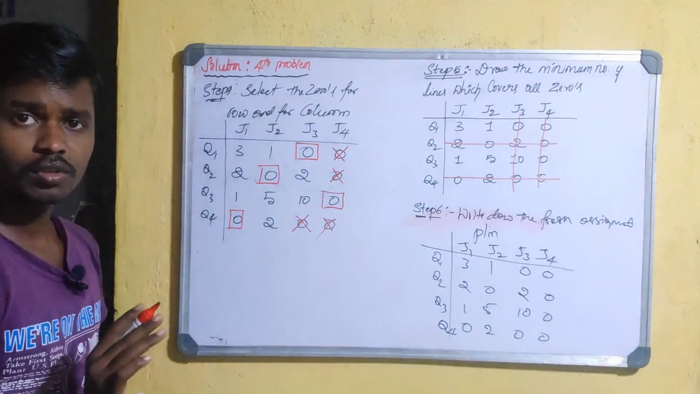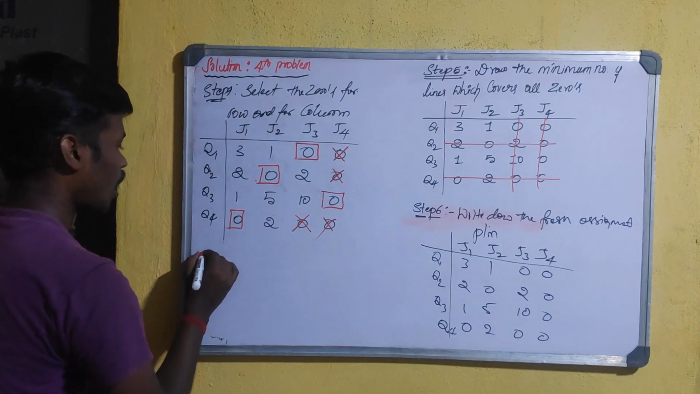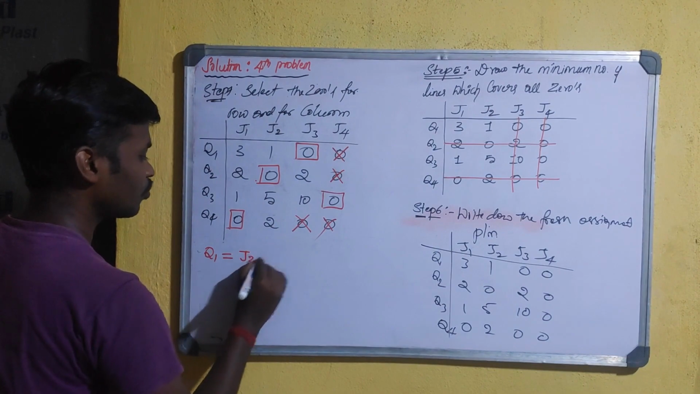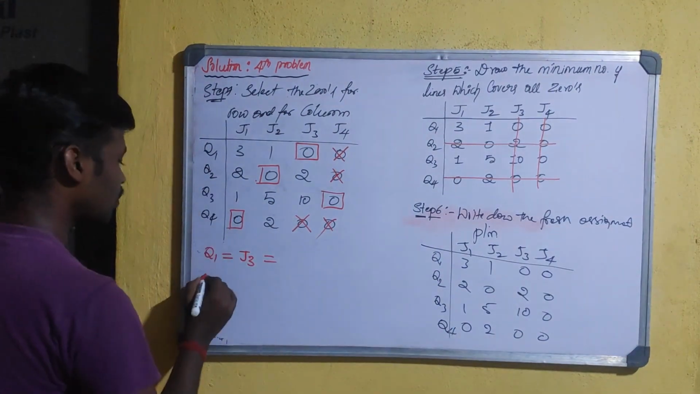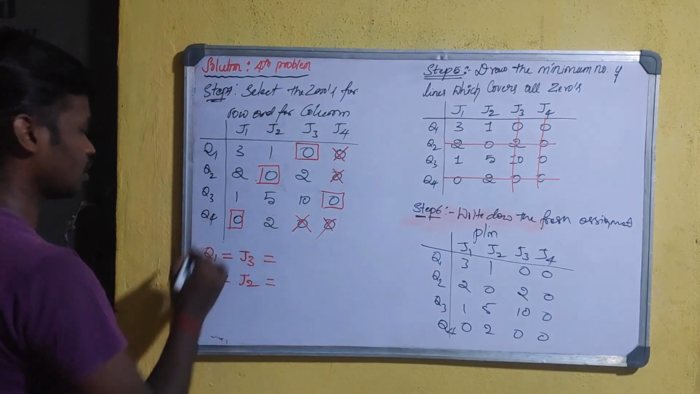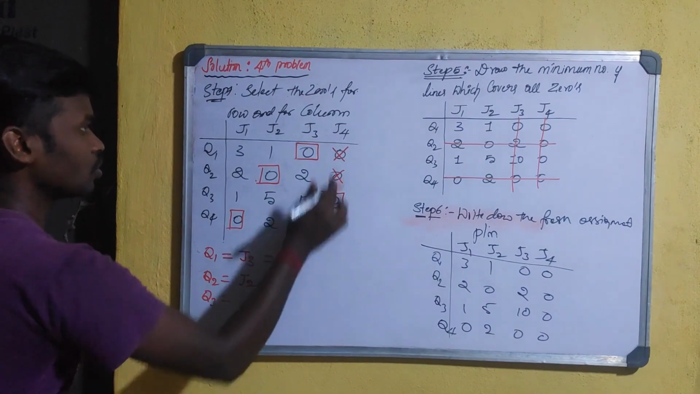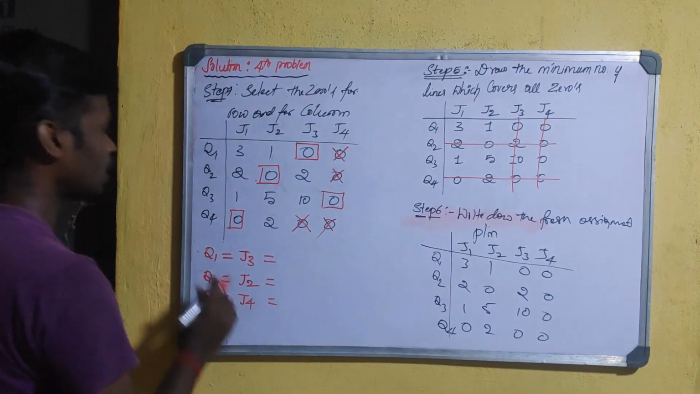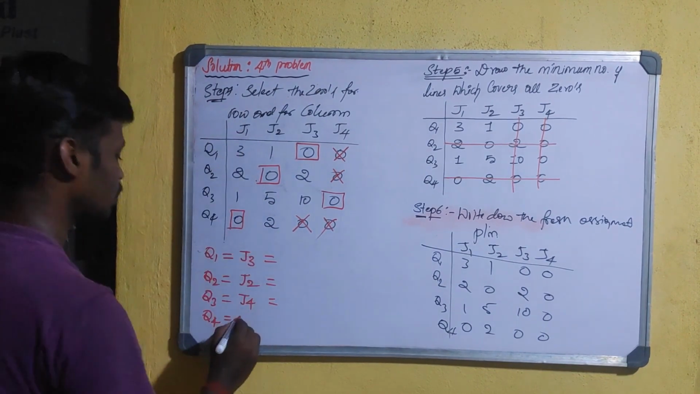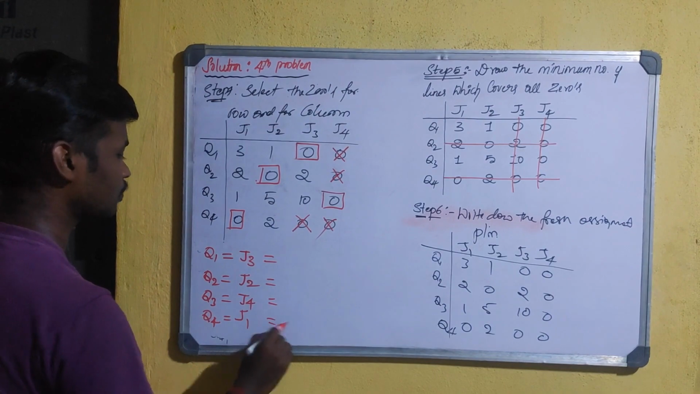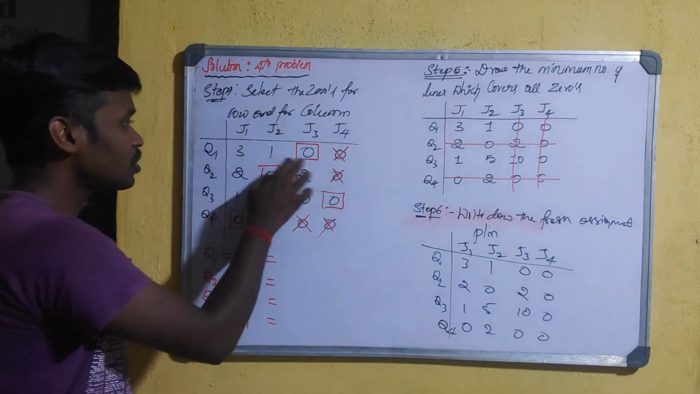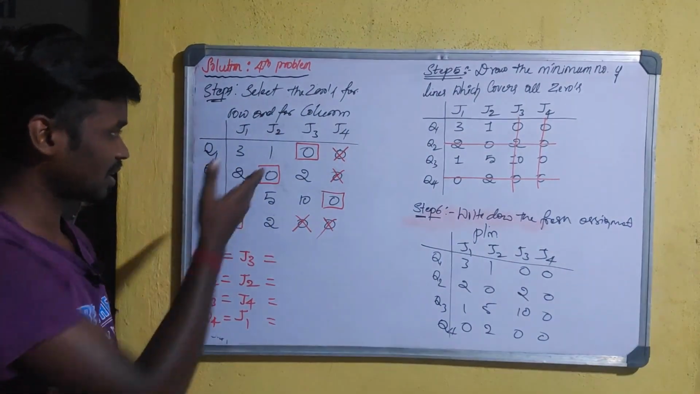Okay, now we are assigning operator q1 to job number 3, right? And also we are assigning operator q2 to job number 2. Next, operator q3 to job number 4. Next, operator q4 to job number 1. Okay, now we have to see the times in the given matrix or in the given transportation